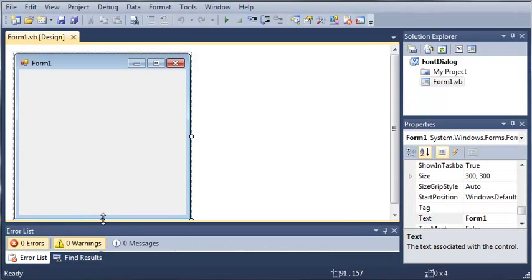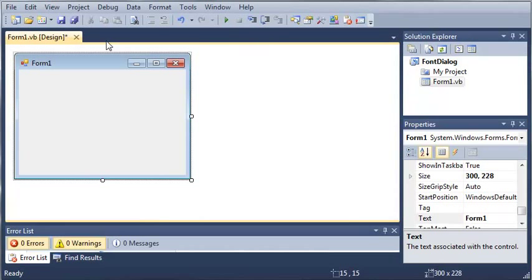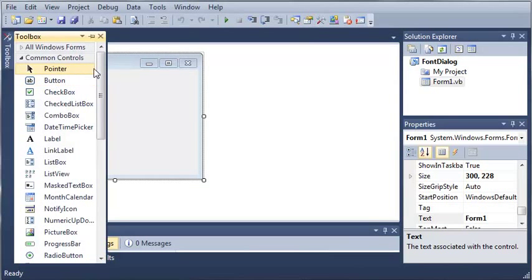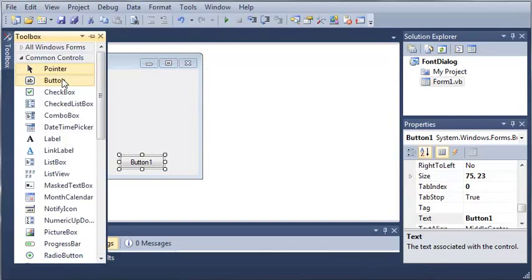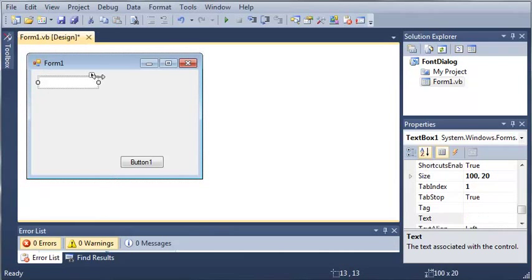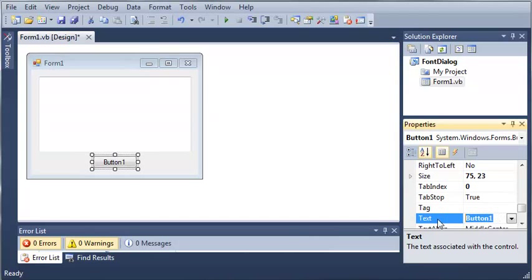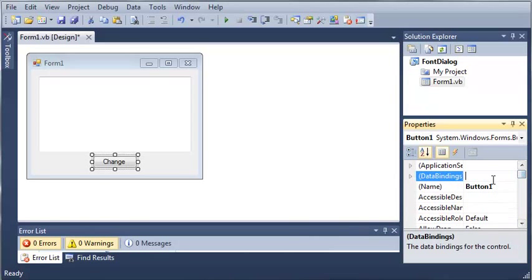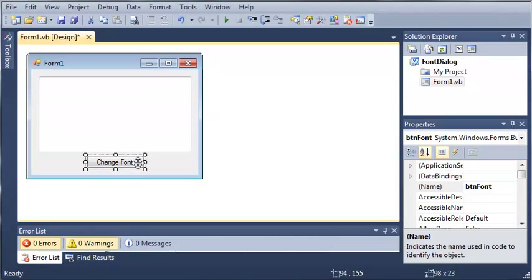Okay, so we'll come over here to the toolbox. We'll open that up. We'll add a button and a text box. We'll make it multi-line and we'll just stretch it out a bit. Okay, so let's set the text for button 1 to change font, and we will set the name to button font. So we'll just make this a little bit bigger so you can see everything,